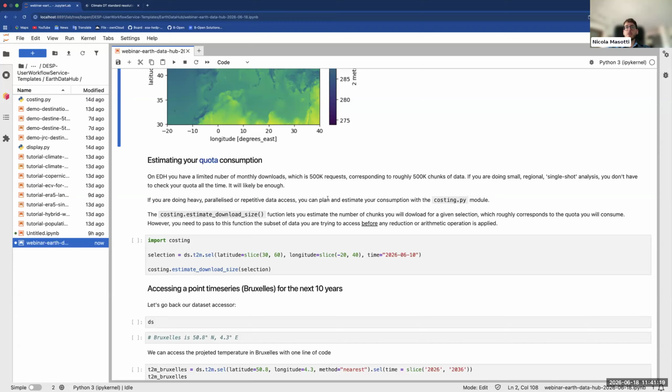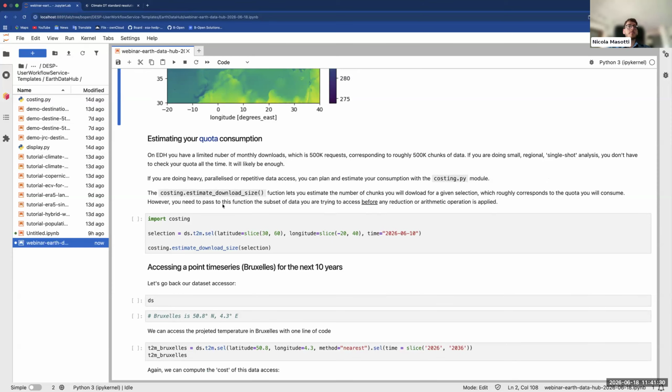But something you can do for starters is that you can plan and estimate your consumption using this costing.py module that we distribute alongside many of our tutorials.